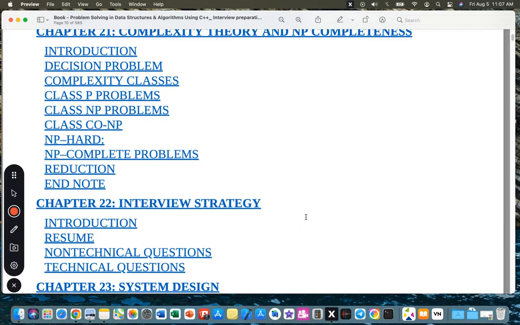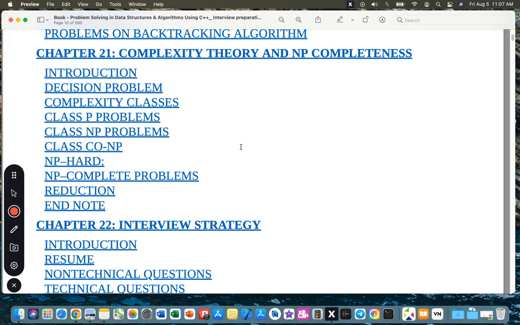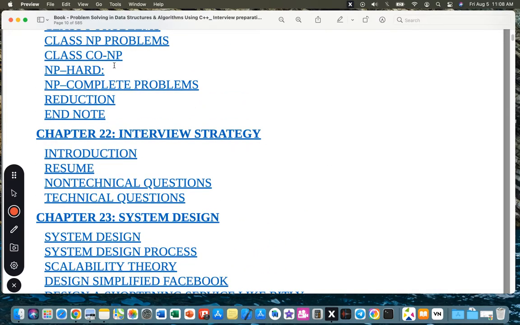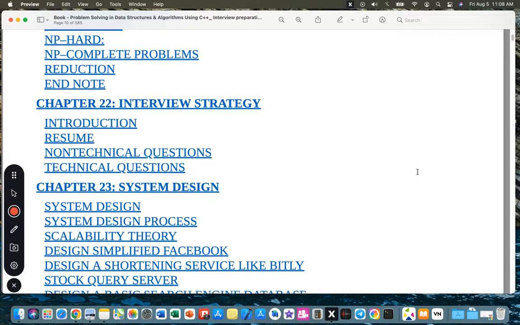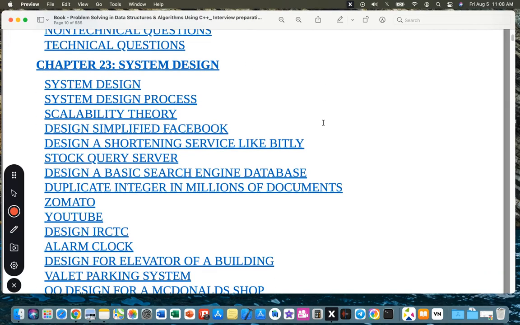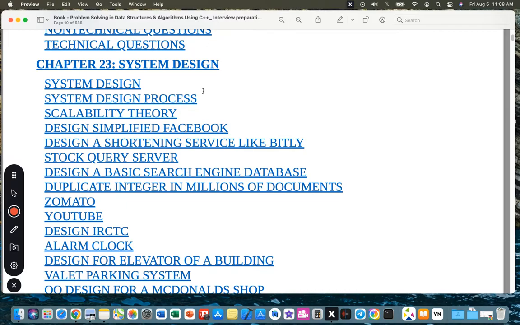Then we have chapter 21, complexity theorem and NP completeness. We have decision problem, complexity classes, class P problems, class NP, class co-NP, and so on. NP hard, NP complete problems, and reduction. Chapter 22 is about the interview strategy, introduction, resume, non-technical questions, technical questions. Chapter 23 about system design